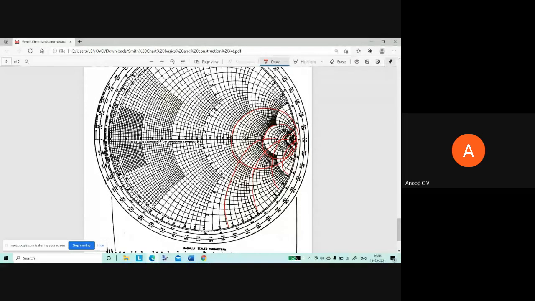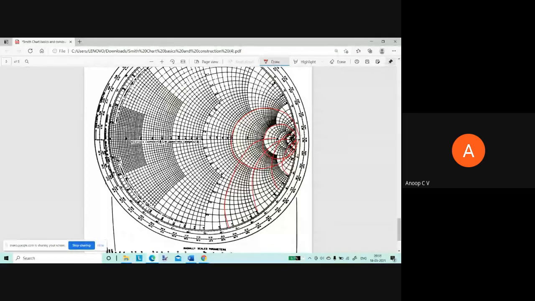I'll send you a good copy, a PDF of this Smith chart. I'll post it in Canvas. So this is R equal to 0. It will mark R equal to 0, 0.1, 0.2, 0.3, 0.4, 0.5, and R equal to 1. That circle passes through the origin, R equal to 1. Then further, when we increase R, that circle reduces, and R equal to infinity will be a point at gamma R equal to 1, gamma I equal to 0.